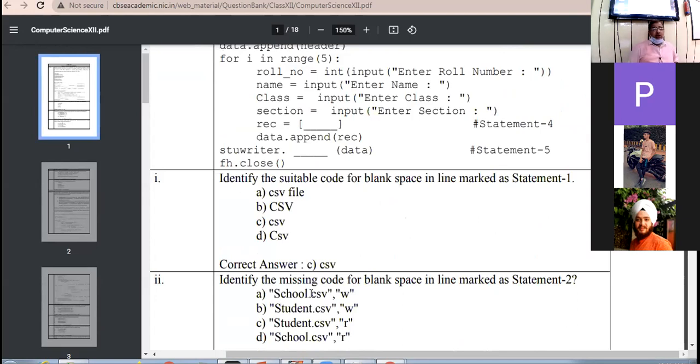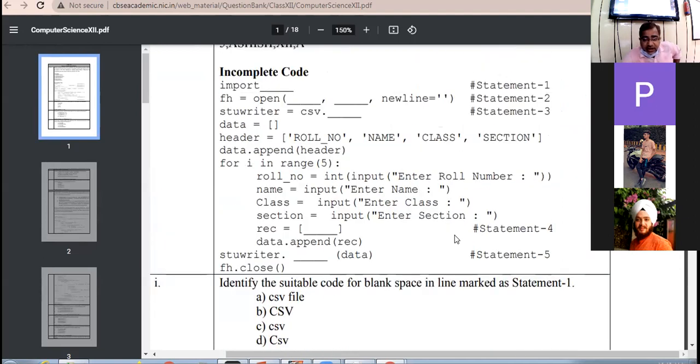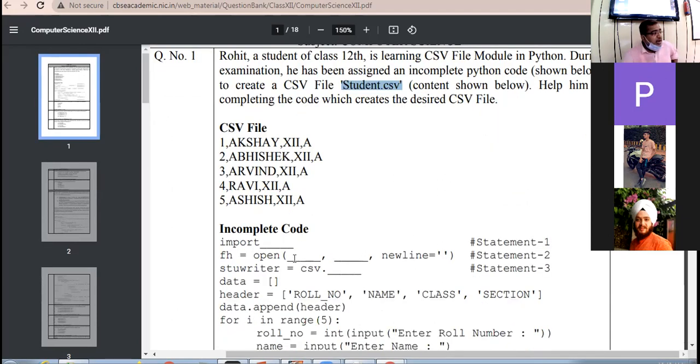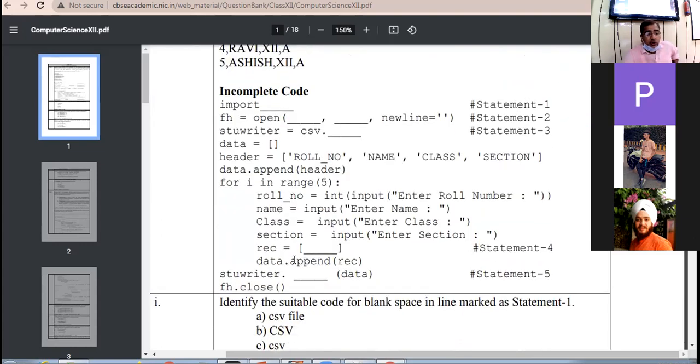School.csv w, student.csv w. What is W mode? What is R mode? Student.csv R mode, school.csv R mode. We have been given the file name, which might have been student.csv. So our file name will be student.csv and W mode.